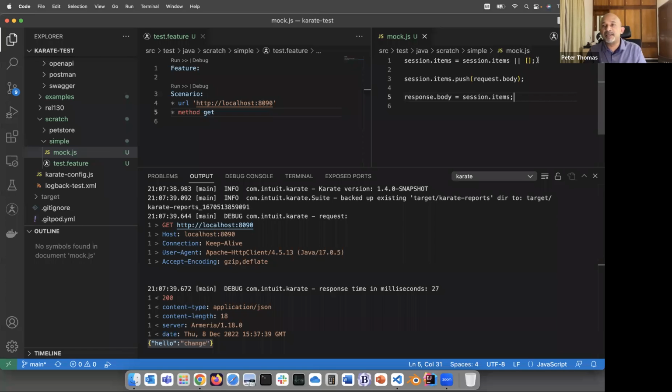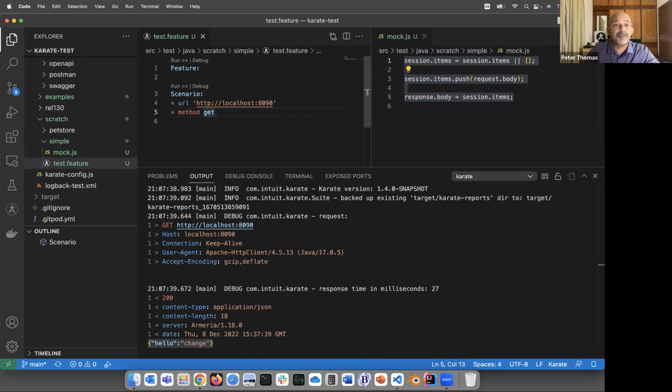The first line is a very common JavaScript pattern. It just means that the first time you start and there is no session, we initialize the session to an empty array. But after that, we're just adding with the push command to that session.items array. So the effect of this is that anytime we make a post, in fact, let me make a post